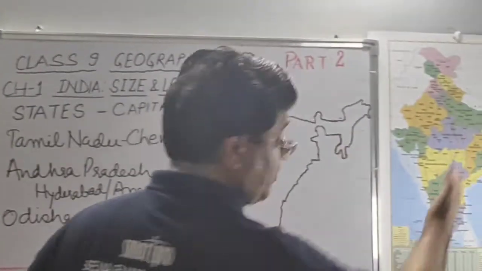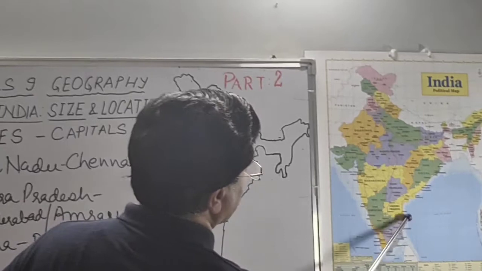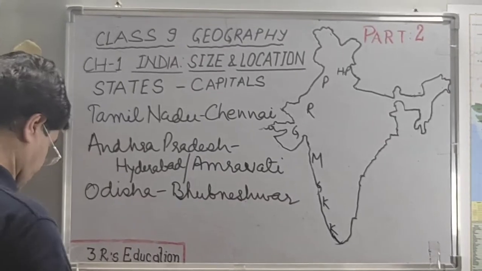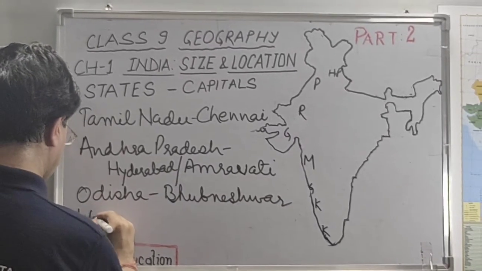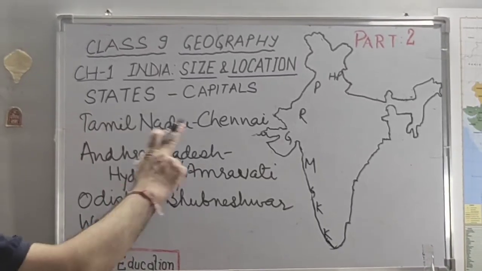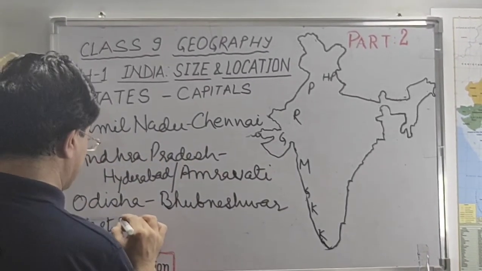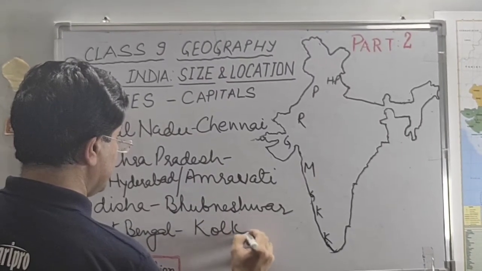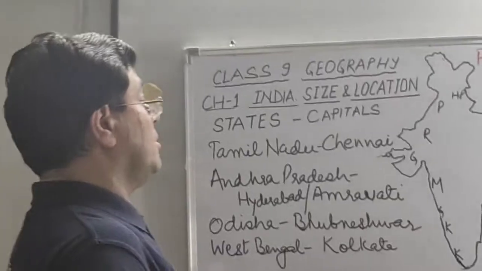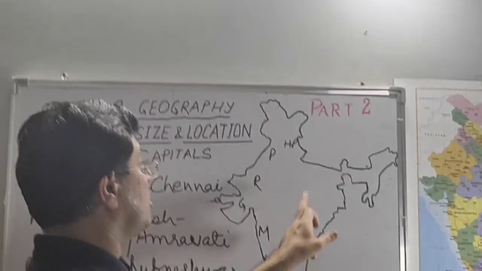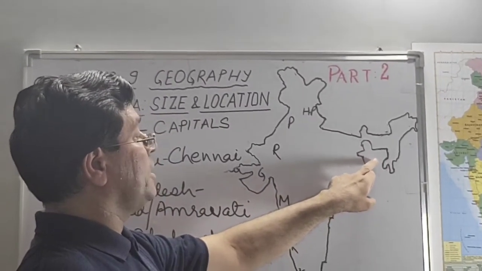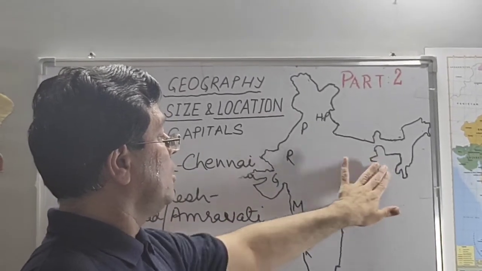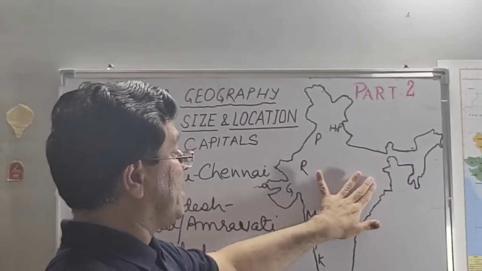And then if we further move along the eastern coastal boundary of India, we have West Bengal. West Bengal, interestingly, is located in the eastern part of India, but its name is West Bengal. Who will tell me why we call it West Bengal? Its capital is Kolkata. Yes, my question stands there. Because before partition, this Bangladesh was in India. It went to Pakistan as East Pakistan. Before partition, this was the Bengal region. So East Bengal, West Bengal.